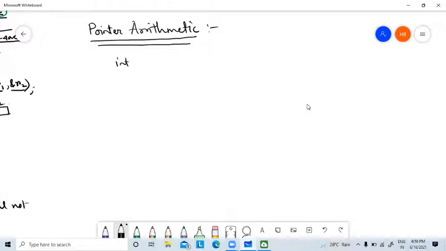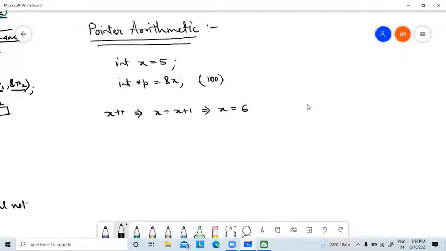If x is one integer variable with value 5 and p is one pointer variable having the address of x, and let the address value be 100, then if we perform x plus plus, I will get x equal to x plus 1, and the final value of x becomes 6.